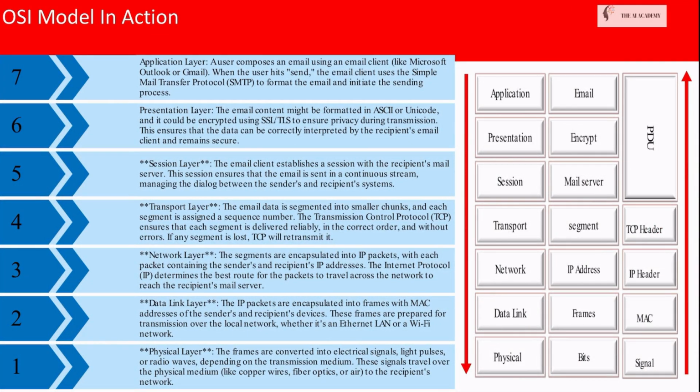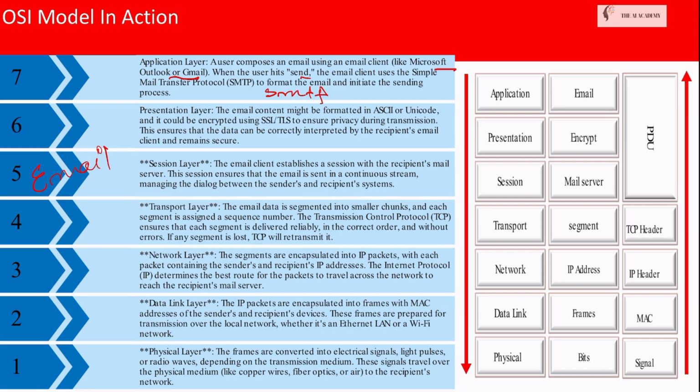Of sending an email using an email client to illustrate how the OSI model functions. In the application layer, a user composes an email using an email client, like Microsoft Outlook or Gmail. When the user hits Send, the email client uses the Simple Mail Transfer Protocol, SMTP, to format the email and